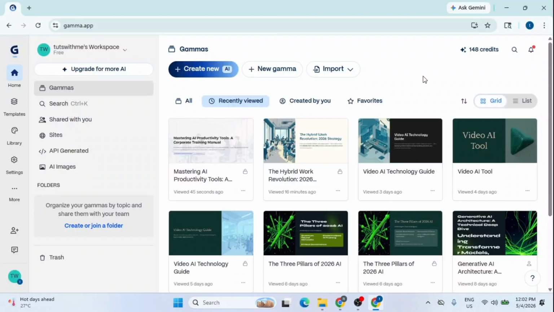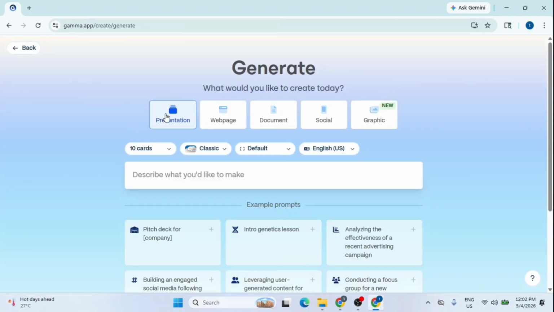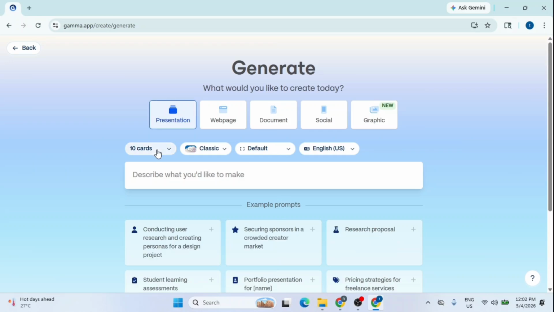In this video, I will be showing you how to use Gamma AI for conference and event presentations. Let's get started. I'll start by clicking Create New AI on my dashboard and then selecting the Generate option. Next, I'll make sure the Presentation tab is selected and I'm going to choose to create 7 cards for this